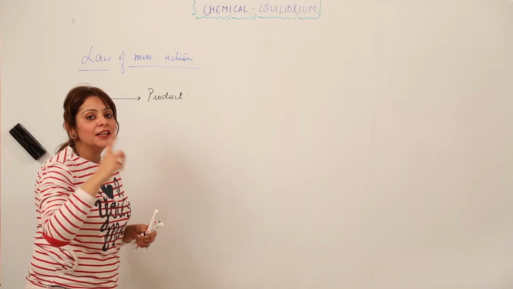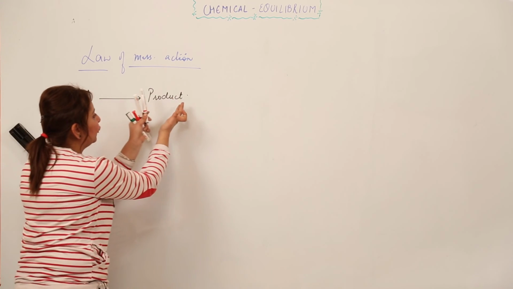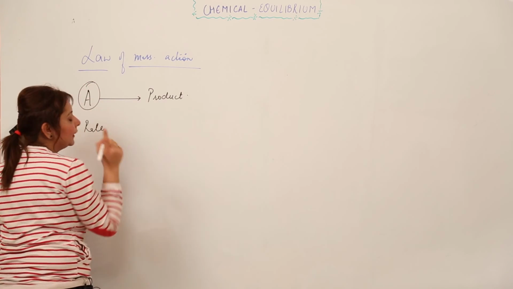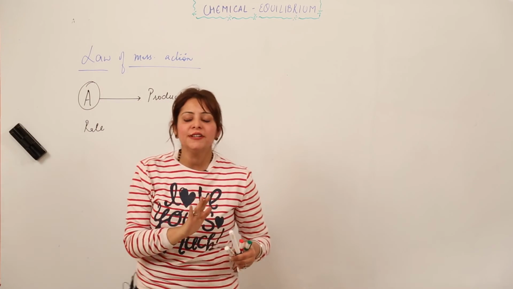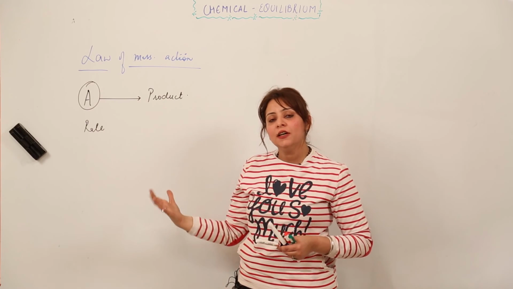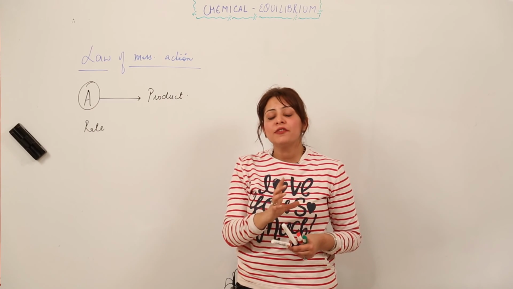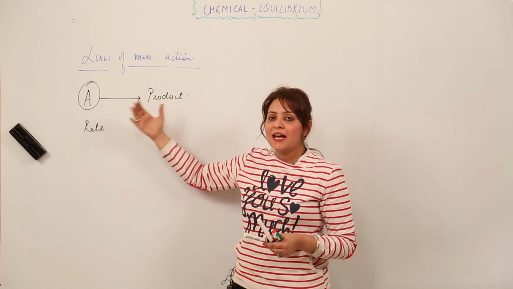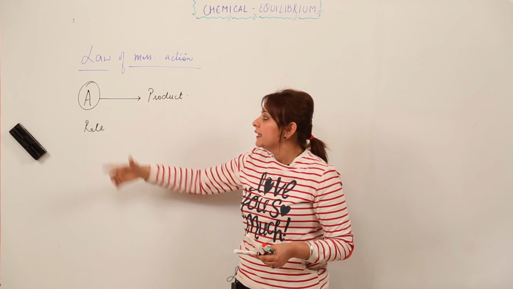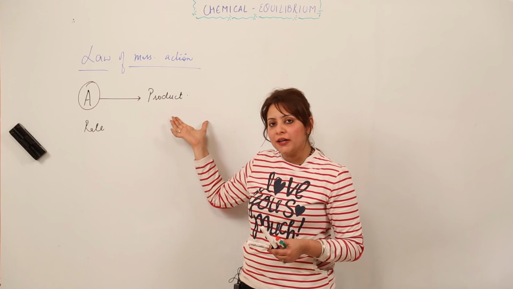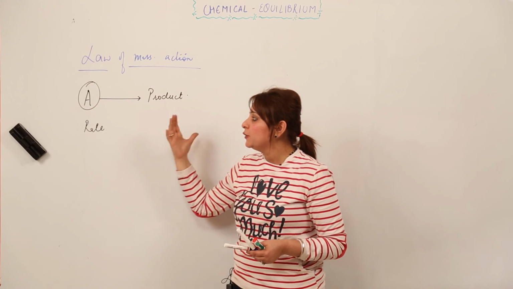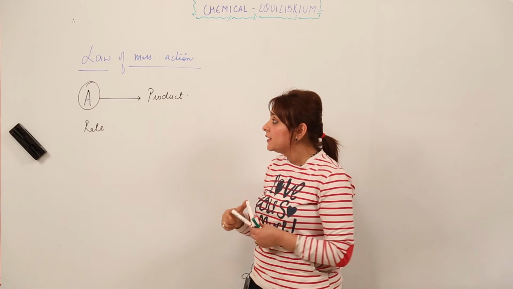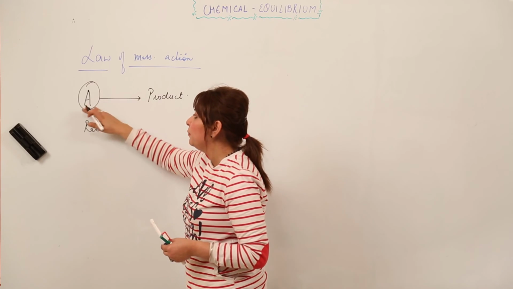It says that the rate at which A is going to form the product depends upon the active mass of A. Again I am repeating, I think you are familiar with the term rate of reaction because I am often using it. Rate of reaction just refers to the speed at which the reaction is taking place, right? In this case, I am denoting that A is getting converted into the product, right? So I am saying that the rate at which A is getting converted into the product depends upon the active mass of A.